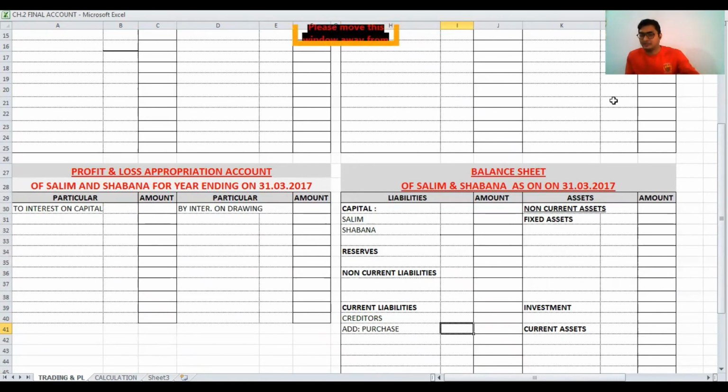In the balance sheet, the creditors provided to us are 24,000. Now we have to add 8,000, for adjustment number 2, that is, the unrecorded purchase. The total of these two is 32,000. In adjustment number 2 there is a purchase given, so first we have added it in purchase, and second we have added it in creditors. Then after that, the third adjustment: prepaid insurance is 400.